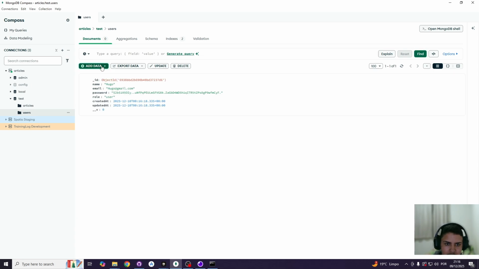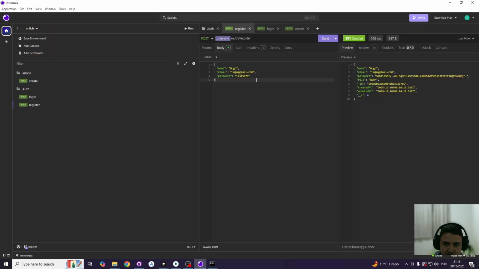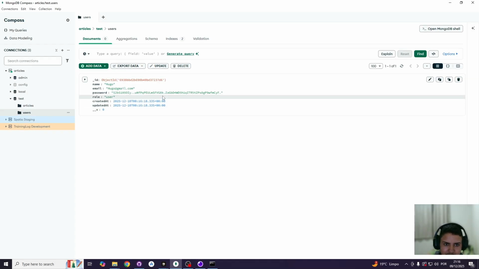that our user is here, and the password, okay, it doesn't appear 1 2 3 4 5 6 7 8 as I put it in here. It's not this number that is saved in the database. We save it as a hashed password